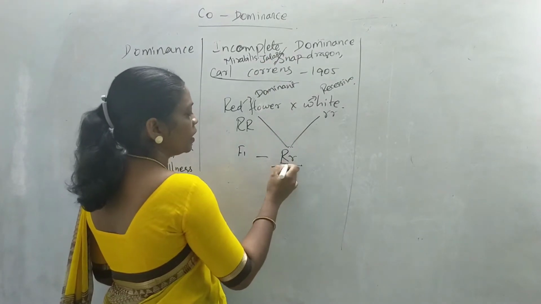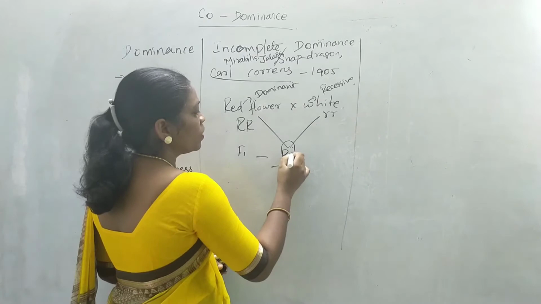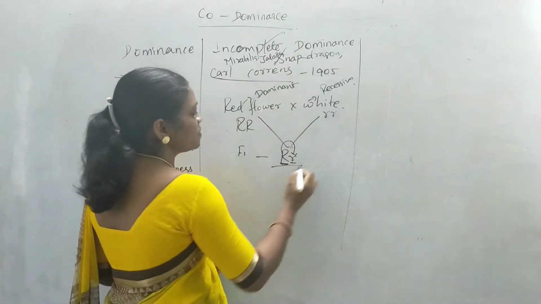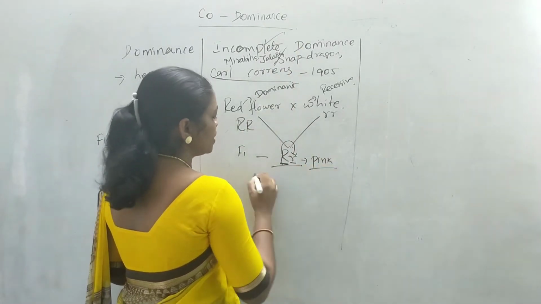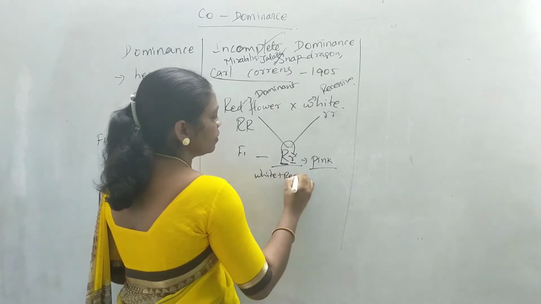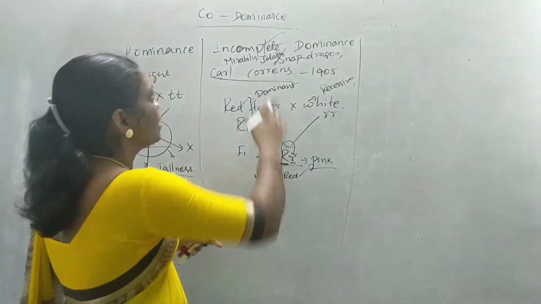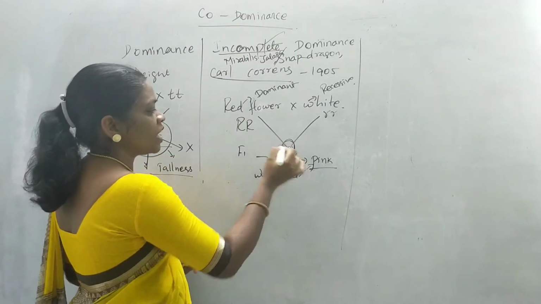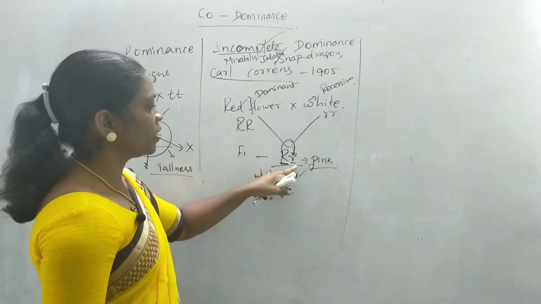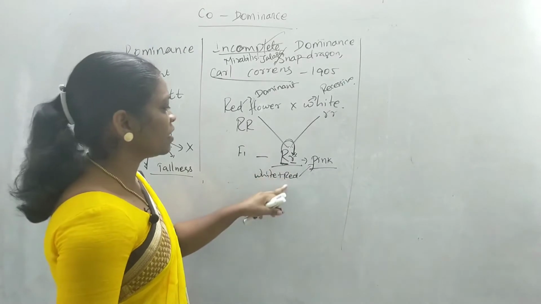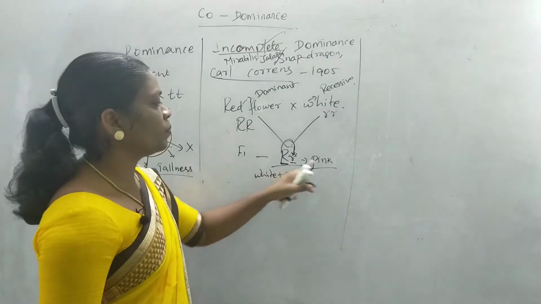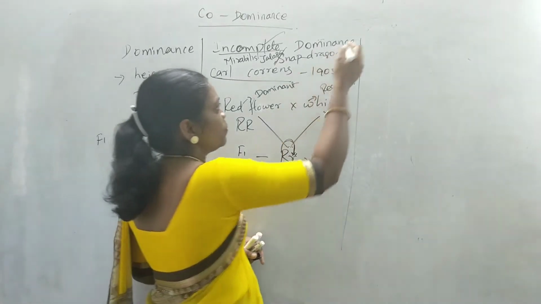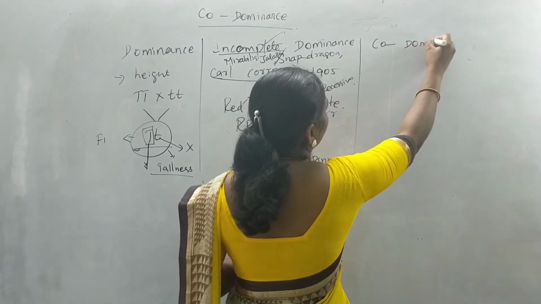So the dominant gene is not able to completely mask the expression of the small r form. Here incomplete dominance is expressed, resulting in a combination of white and red. A new combination was obtained. So incomplete dominance is where one dominant form doesn't suppress the other recessive form completely, resulting in a new form known as pink color. We obtain an intermediate color, not white, not red, in the heterozygous state. This is known as incomplete dominance. And what is codominance?